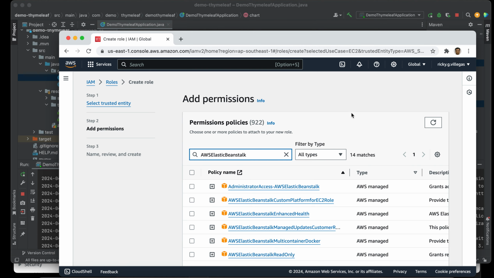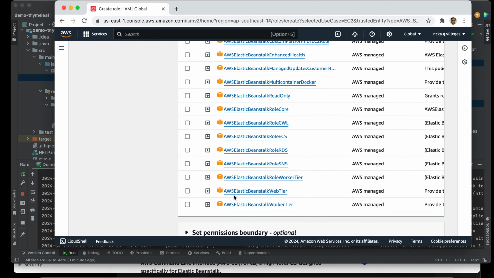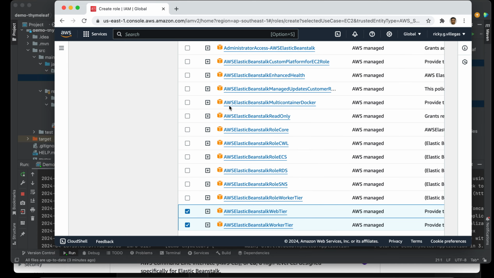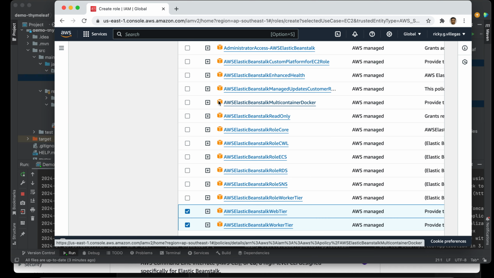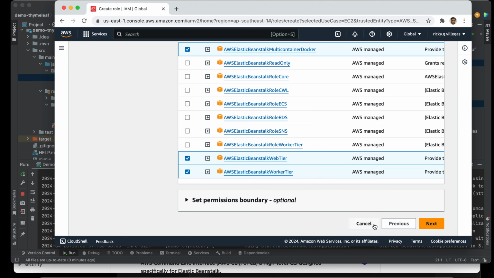One is AWS Elastic Beanstalk Web Tier. The second one is AWS Elastic Beanstalk Worker Tier. And the third one is AWS Elastic Beanstalk Multi-Container Docker. That's it.